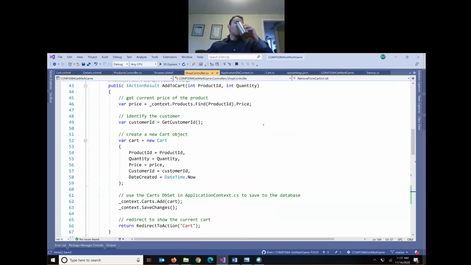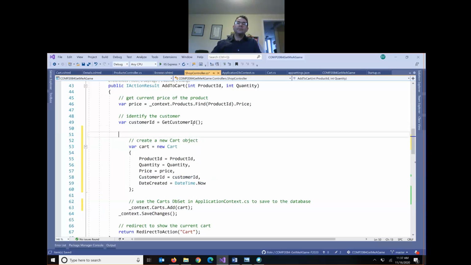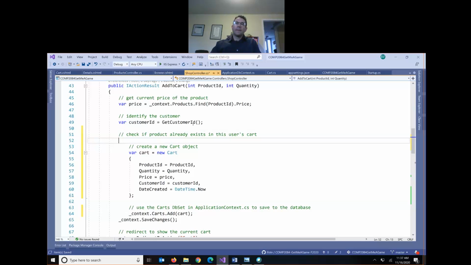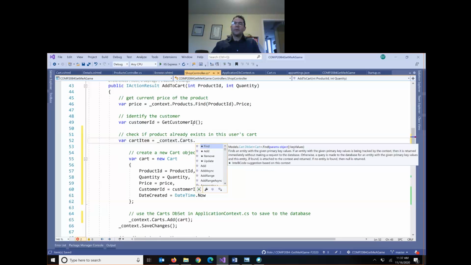So before we do this, this has got to go in an if statement. So I'm just going to tab to indent that. We're going to check if product already exists in this user's cart. We'll say var cart item equals context dot carts dot where